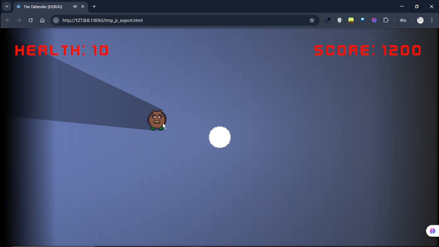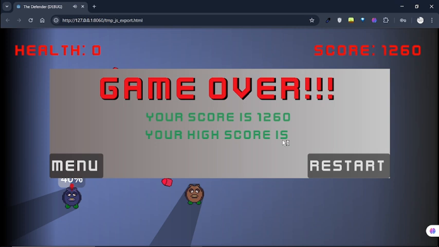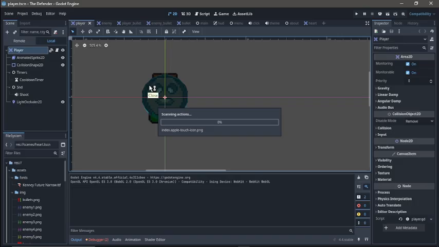Okay, actually we haven't talked about this ice cup before, but we are not going to talk about it anymore. You can easily just do a little bit of research on how to save data in Godot so that you can add this ice cup feature. But now we've talked about the web export,